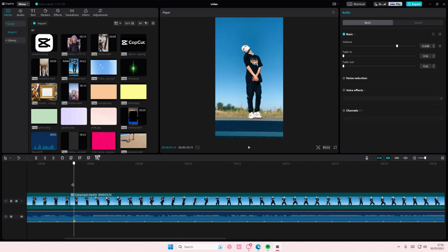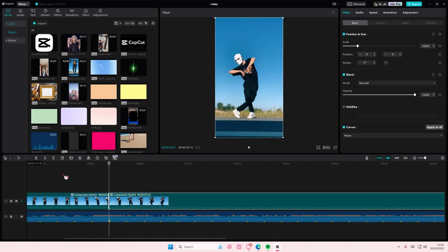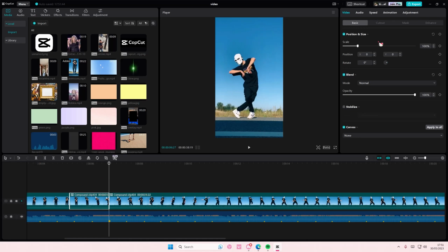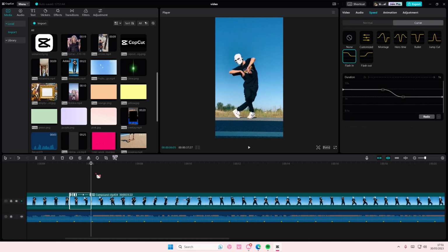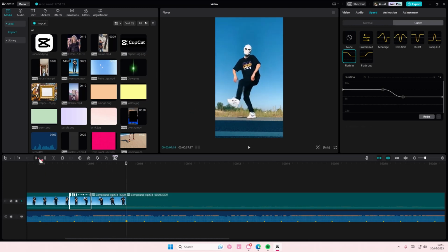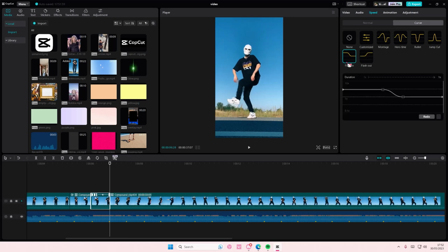Now you're going to go to the first beat, skip it, go to the second one, and the third one, and then split it. But on the video, not on the sound. Select the video, go to speed, curve, flash in, and again, first beat, skip it, go to the third one, split it, add in flash in, and you're just going to keep on doing that